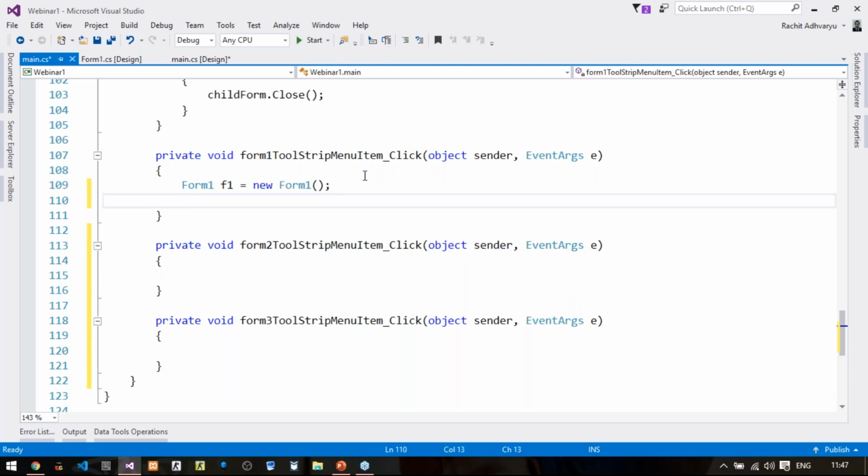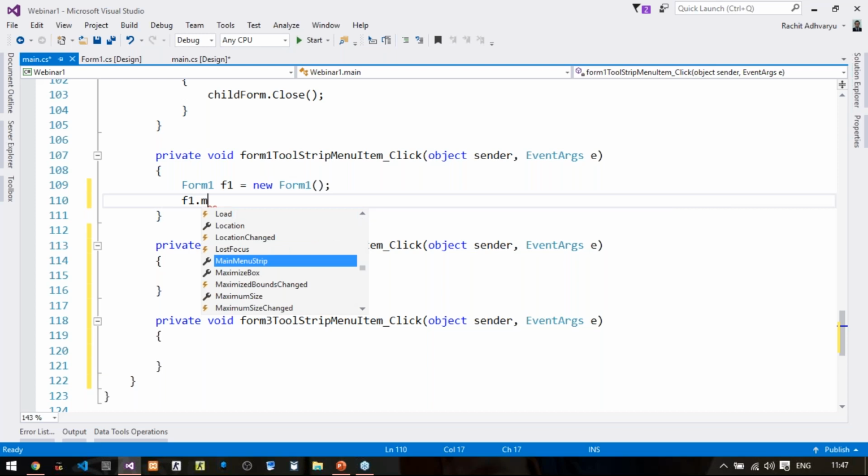Next thing, I need to specify to which particular MDI form this will be a child. That means I need to say that this Form 1 is a child of some MDI form. So I will write like this: f1.MdiParent equals this.